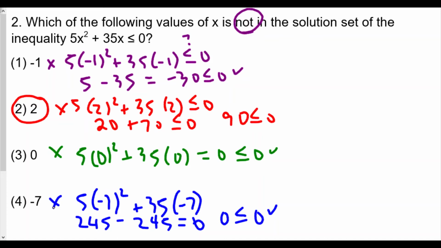That one's not part of the solution set though. Oddly enough, all the other ones worked out, as far as working out to get 0. So isn't that kind of nice? Well, I mean, not 1. Negative 1 was definitely negative 30. It was less than 0. So